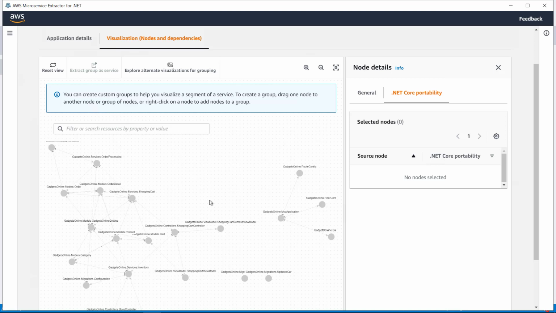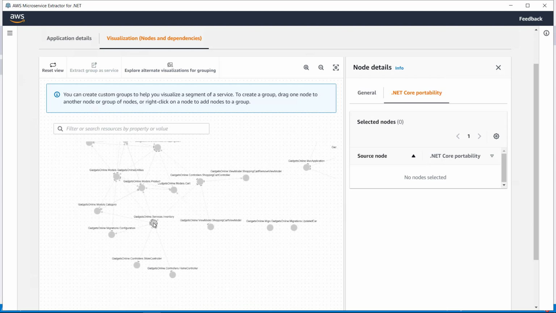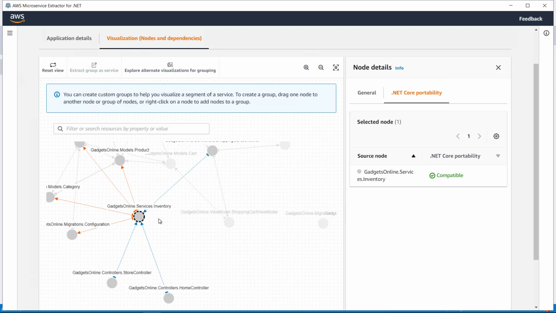By using this information, I can now start thinking about how am I going to create independent services from my existing application. For example, if my goal is to create an independent service using just the inventory class, which has dependency on a couple of entity framework entities, and there are a couple of controllers which depend on inventory class, all I have to do is select the class, right click on it, and add this class to a group. Remember, group is the unit of extraction. I'm eventually going to group one or more classes and then extract that group as independent service.